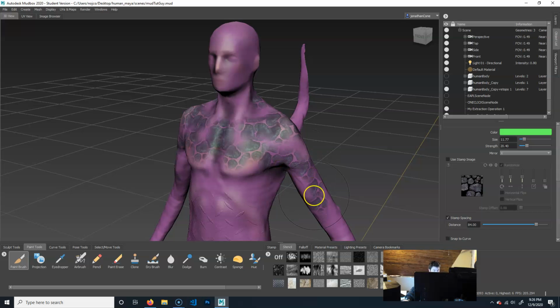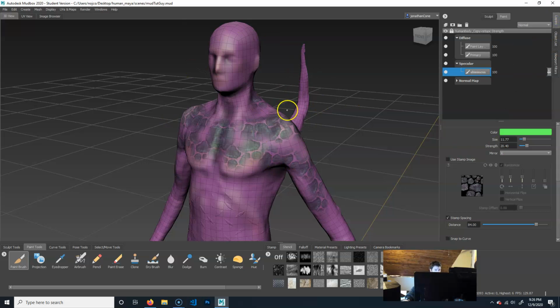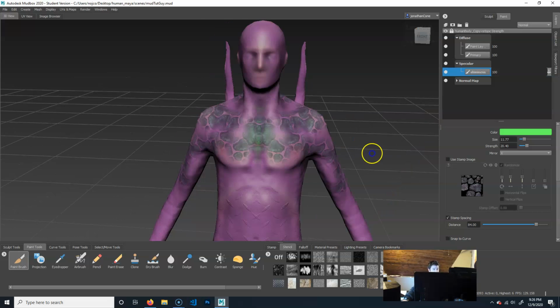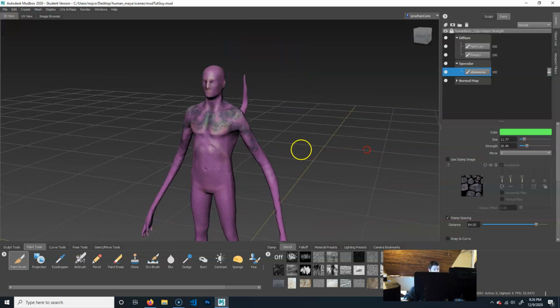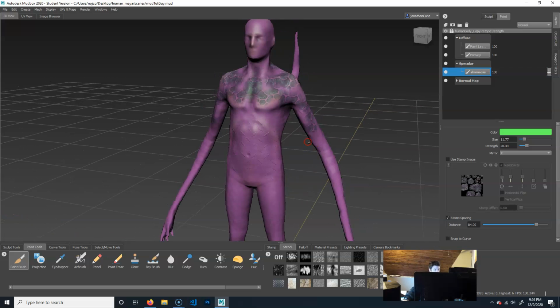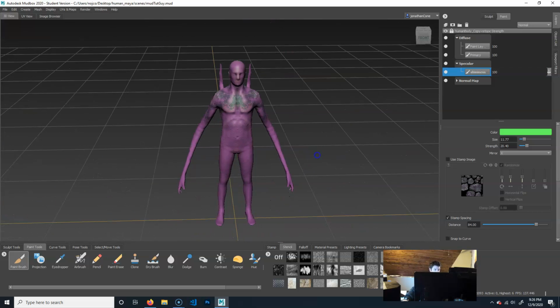And this is only, if I hit W for wireframe, it's not that many polys. I think it's like 6,000 is what it said. So that's pretty low. So that's pretty cool. Actually, if I page down, okay, maybe I gotta go up and down. There it is, 6,028, okay? So that's pretty good. Now, when you are done with this, so we're gonna say this guy is good to go,